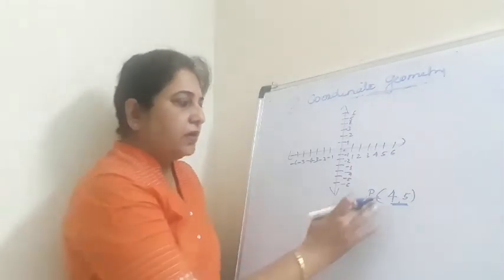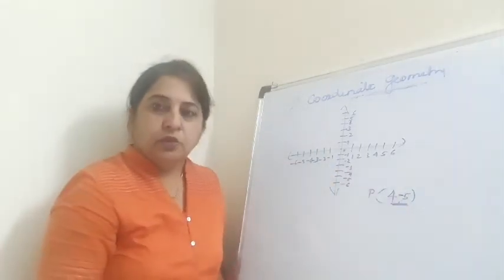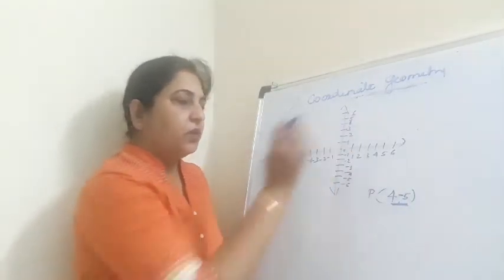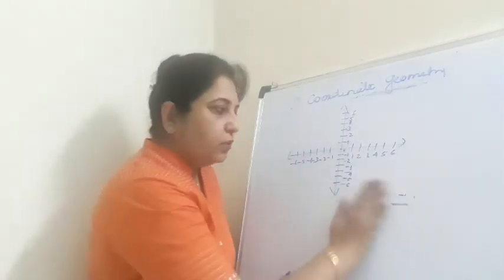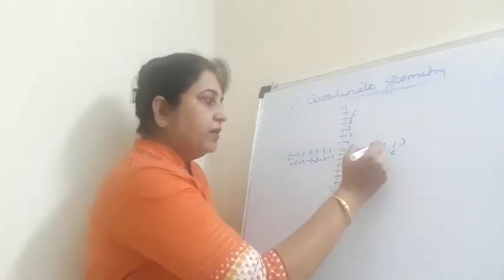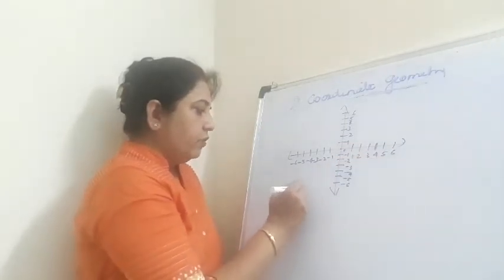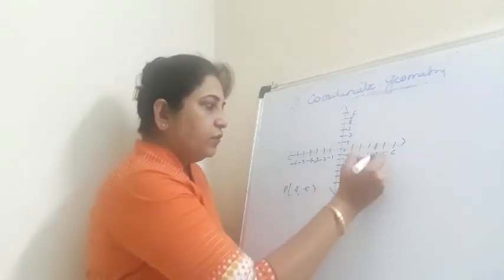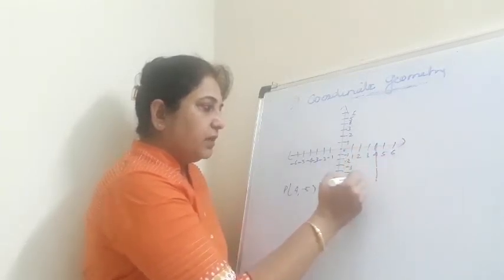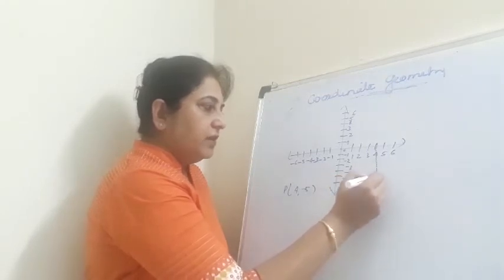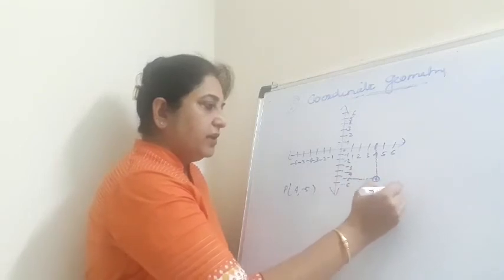Now if I have to plot a point P which is 4 and -5. So 4 and -5 will not lie in the first quadrant. It will lie in the last quadrant, that is the fourth quadrant. Yes, so where will be 4? 4 will be here, right? 4, and where is -5? This is -5, this is 4. So we have to draw a line. You can do this on the graph sheets, and this will be your -5 and this will be the point where we locate this point and we write here P, 4 and -5.